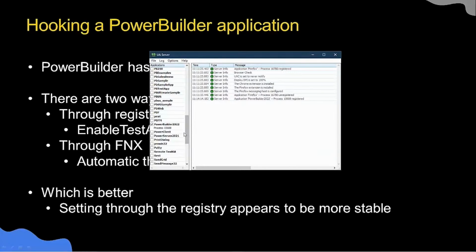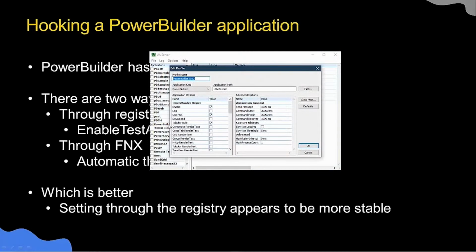And so UA server has what we call an extension that you create for your application, and you can see that I have created one for PowerBuilder 2022. Like I said, I'm using the most recent version of PowerBuilder for this demonstration, and you can see we're hooked into that process. I've got it running behind here. You can't see it yet, but you'll be seeing it in a little while. If I double click on that, you see that I'm hooked into